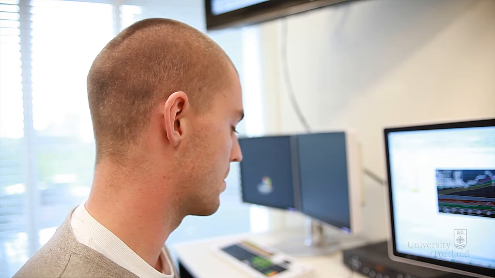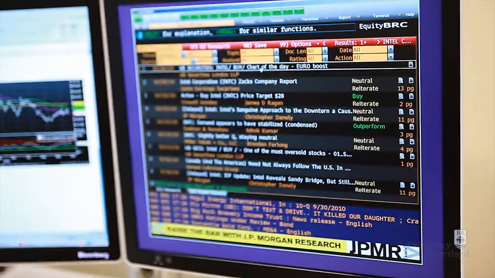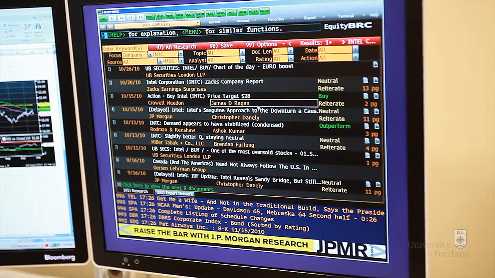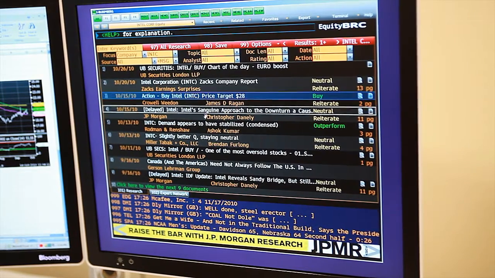The final piece to this project is we looked up analysts' opinions on the stock, which was in BRC, and these are all the analysts' ratings on the stock. We have some buy ratings, some neutral ratings, outperform. So you'd click on one of these,